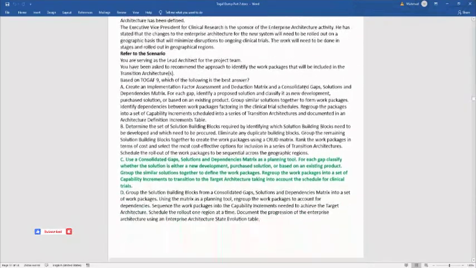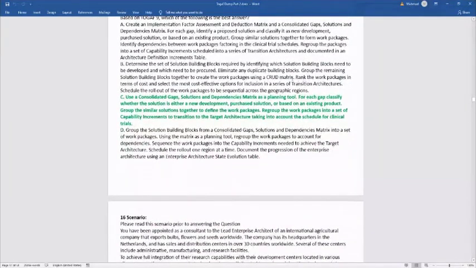Referring to the scenario, the answer is using a consolidated gaps, solutions and dependencies matrix as a planning tool, where each gap is classified by whether the solution is either a new development, a fresh solution, or based on an existing